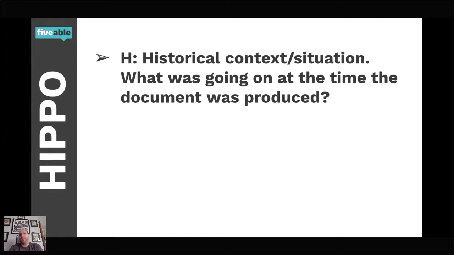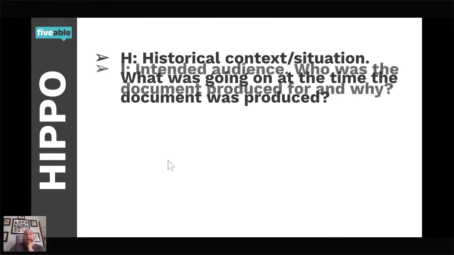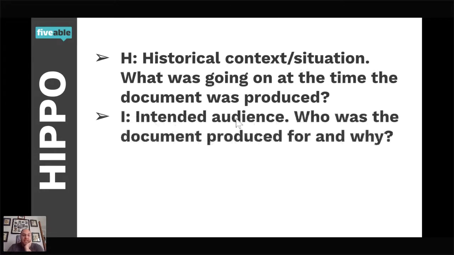APUSH, I would say probably what we would consider 2 generations. Right? A generation is roughly 12, 15 years. So maybe no more than 30 years before and after a topic. Unless it's a really big topic like slavery, you can go really far back and up until the end of Reconstruction. It just depends on where they put you in history on how far back and how far forward you should go. With that, we have the intended audience.